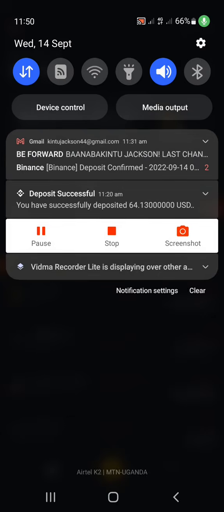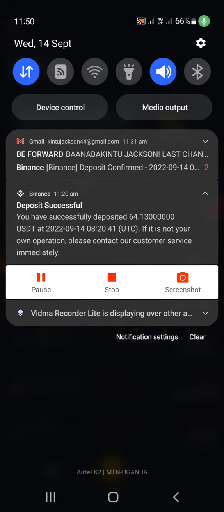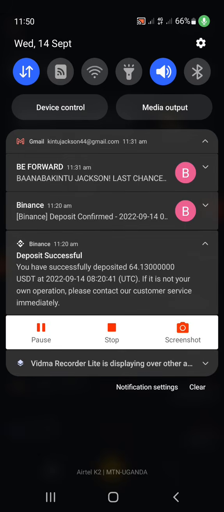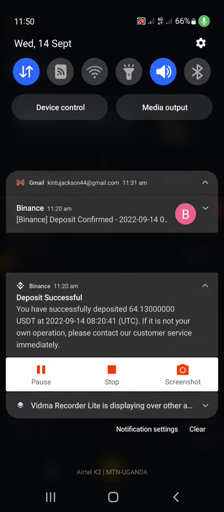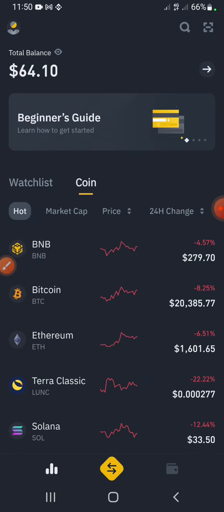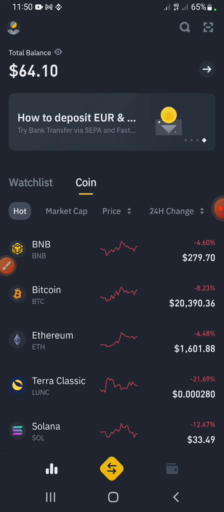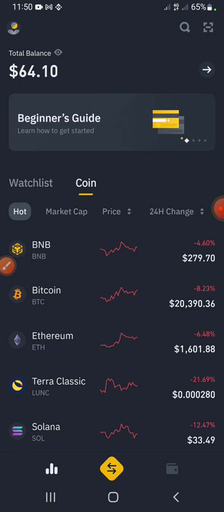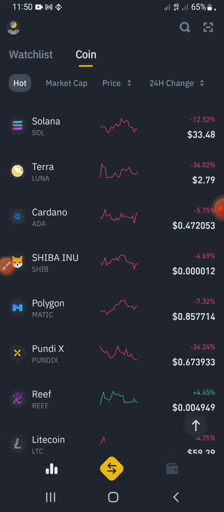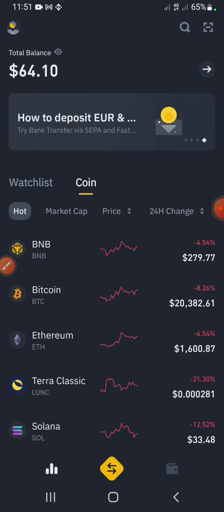If you check my notification right here, you can see a successful deposit of about 64 USDT. This is one of my withdrawals that I did this morning because I wanted some cash, and it just arrived. So I'm going to show you how you can withdraw these 64 bucks to my mobile money account right now. You can see right now I'm using